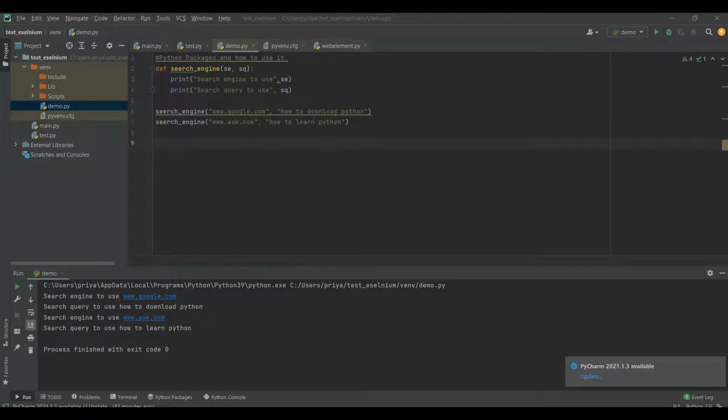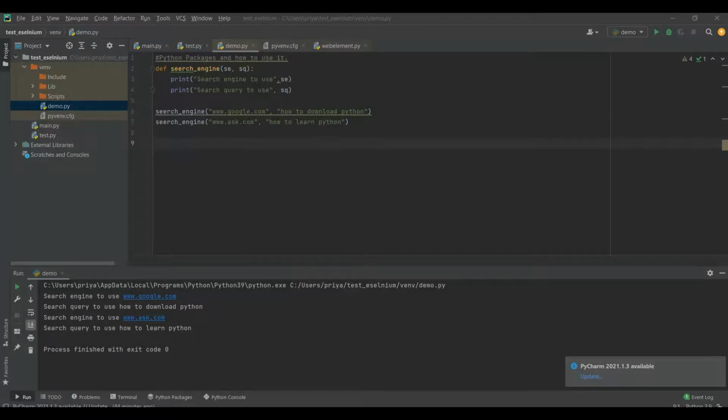Let's take a scenario of the same example. We want to search, but there might be a scenario where we want to search multiple items. At times we might know that we have to search 3 items or 4 items, but there can be a user requirement where we are not sure how many items we need to search. So how do we handle this type of scenario, how do we pass arguments when we are not sure how many arguments will be passed? For that, Python gives us a very cool feature known as single args, called *args.